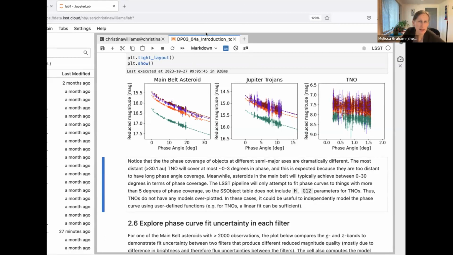What kind of limit? Oh, yeah, I'm just thinking of, for DIA objects, those are only ones that have a signal to noise greater than 5. But then there's a forced source on DIA object table that does forced photometry that shows limits if it's not detected, right? So is there a similar thing for solar system objects? Like if you wanted to plot upper limits on the detections here for, say, the G-band photometry, where it's not detected? Is there a forced source on solar system objects table?